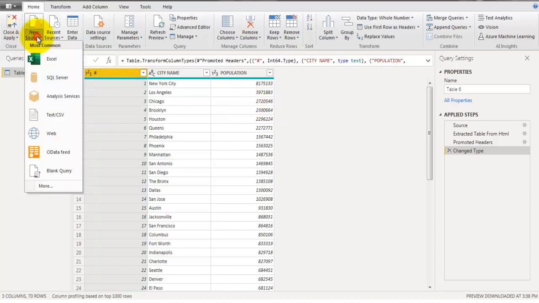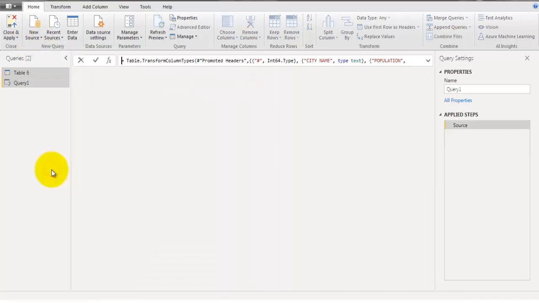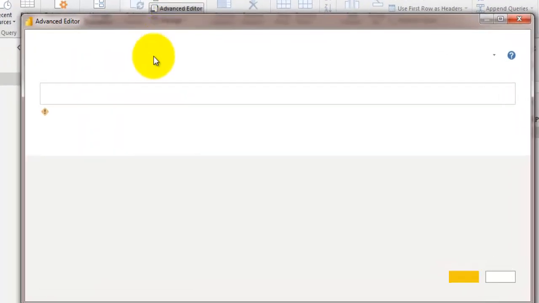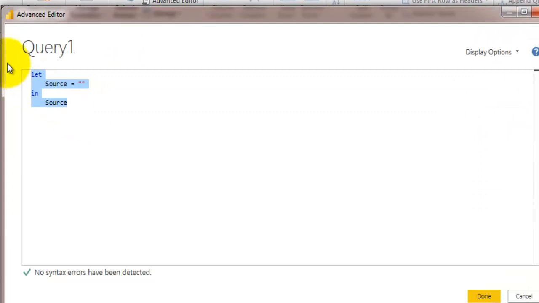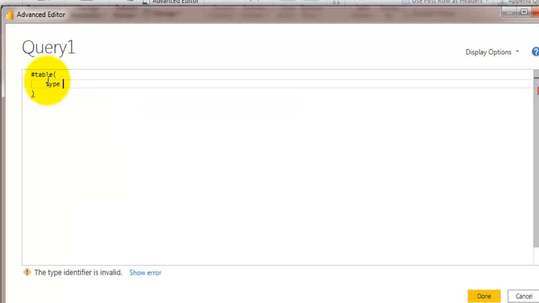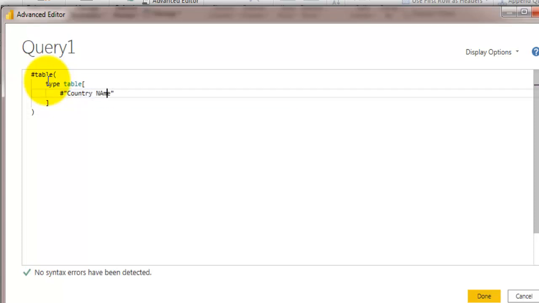So let's go to new source and click on blank query, and here let's go to advanced editor and delete whatever we have available here. We will create a new table manually and enter values for that table manually here. So I will type #table, and then we should have type table and square bracket open, square bracket close, and the name of the field we are going to have is #"country name" is equal